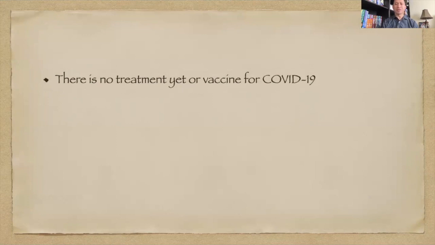There is no treatment or vaccine for coronavirus yet, but the NIH, the National Institute of Health, is already using remdesivir. It's an antiviral, and this is under emergency use authority. The infectious disease doctors are authorized to prescribe this medication to patients diagnosed with coronavirus. Hopefully the final process of the study will be done, and we can have antiviral medication for coronavirus infection.